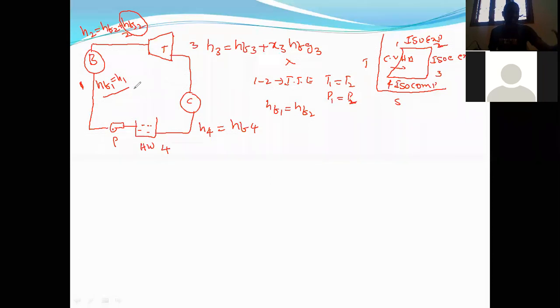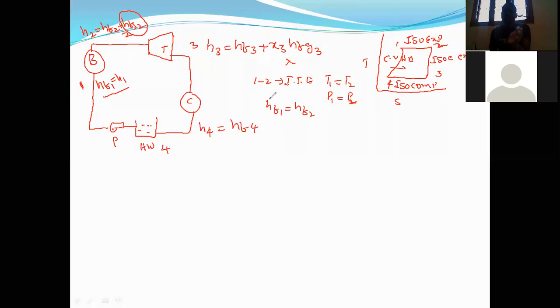Why? Because we are not touching the sensible heat. Here, for the sensible heat, only the numbers have changed. HF1 becomes HF2, but the amount will be the same. For example, if HF1 is 100 kilojoules, HF2 is also 100 kilojoules. We write HF1 because it is at point 1, and HF2 because it is at point 2, but the magnitude is the same, so we can write HF1 is equal to HF2.